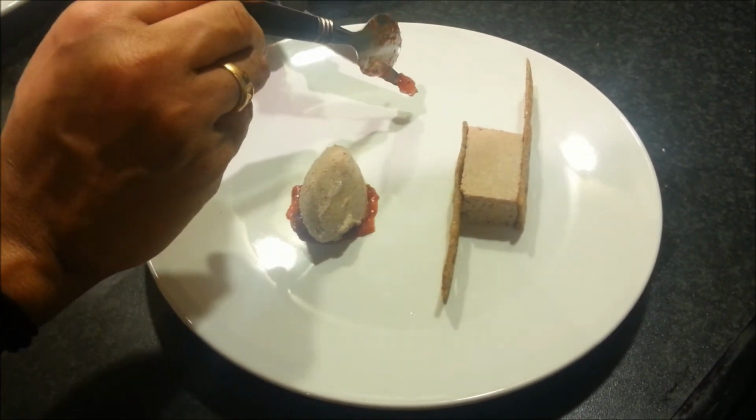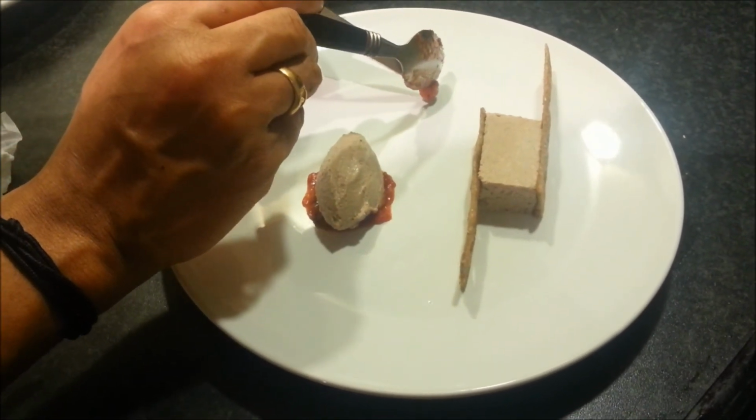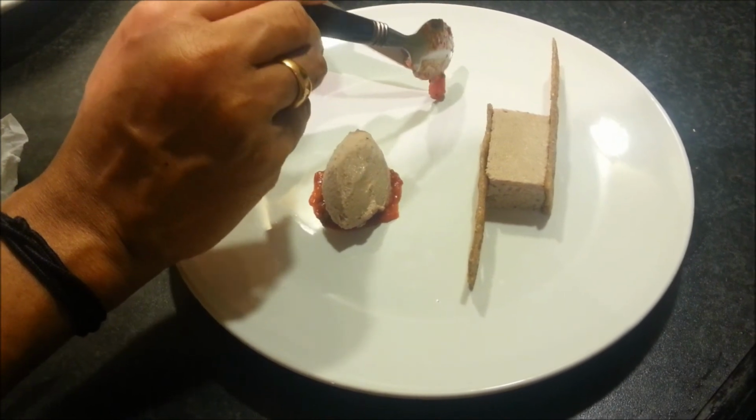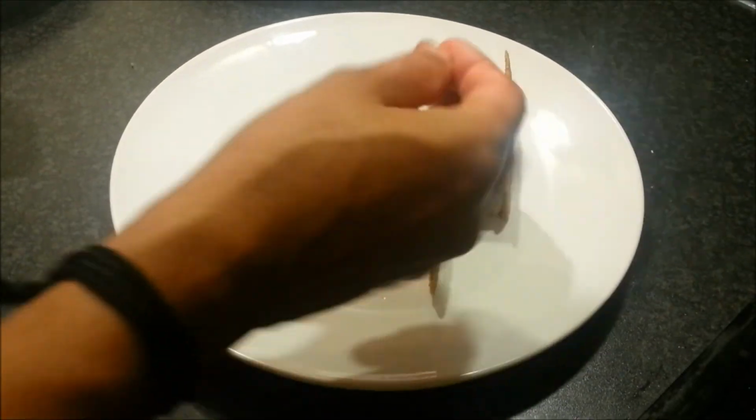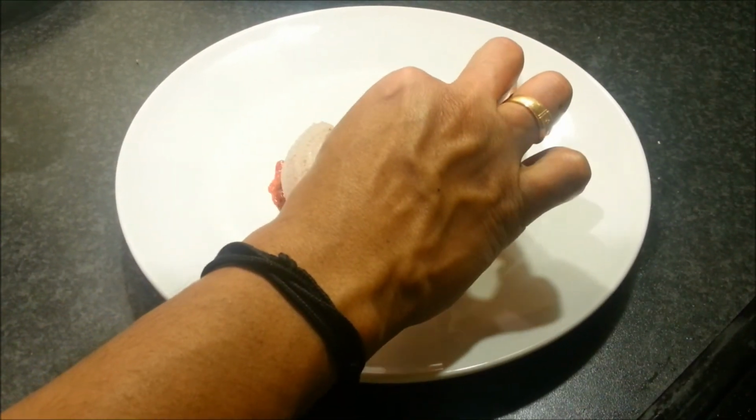Now I'm going to place the chutney dots just onto the middle. Now I'll place the small disc, the small button shaped bread